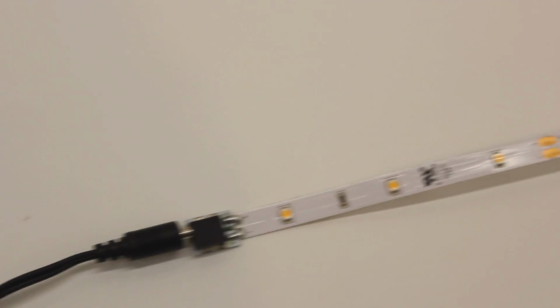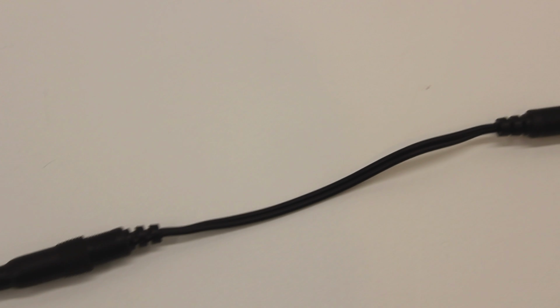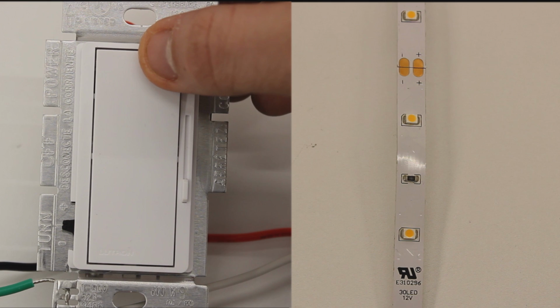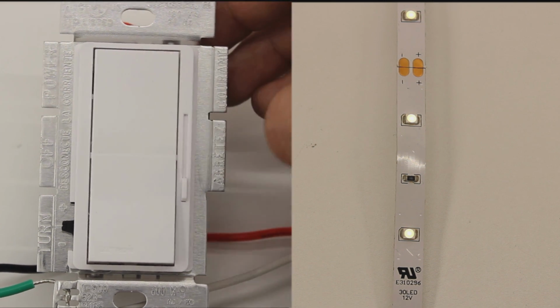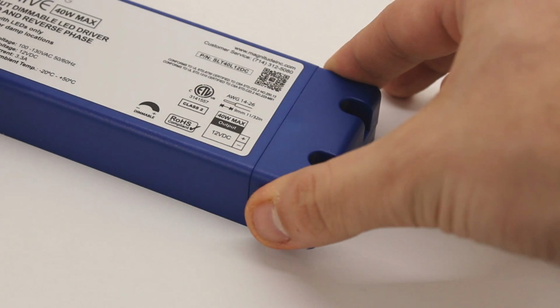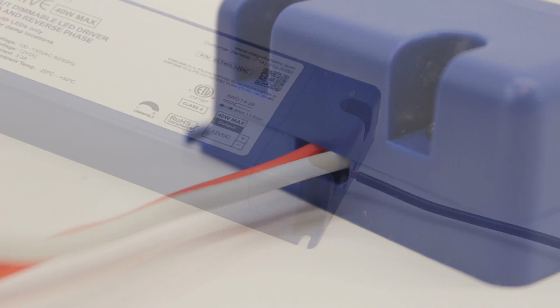Now that everything is terminated, double check that all polarities match before turning your power back on. Test both the functionality of the LEDs as well as the dimmer. If everything is working properly, you can reconnect your wire covers, feeding your wires through the small cutouts on each